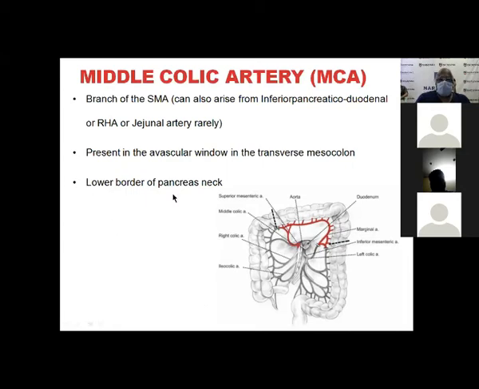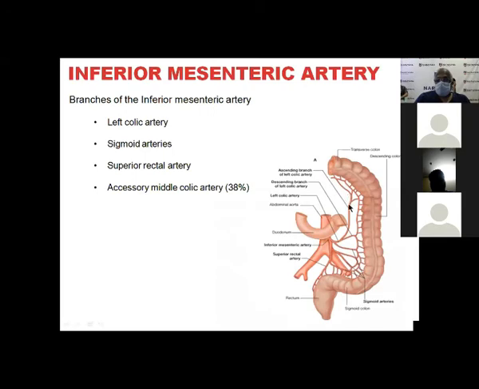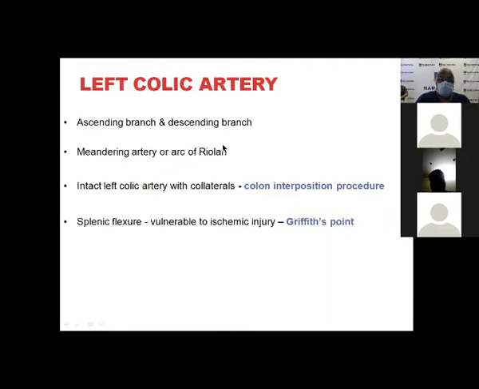Beautiful, lower part of the pancreatic neck. Excellent. So now this is the left colic artery. How it supplies: ascending, descending branch, sigmoid vessels, and finally it will go into the superior hemorrhoidal, superior rectal vessels. These are the things roughly you must know about it, nothing much. There may be sometimes an accessory middle colic artery arising from the inferior mesenteric artery. The left colic has got ascending and descending branches.